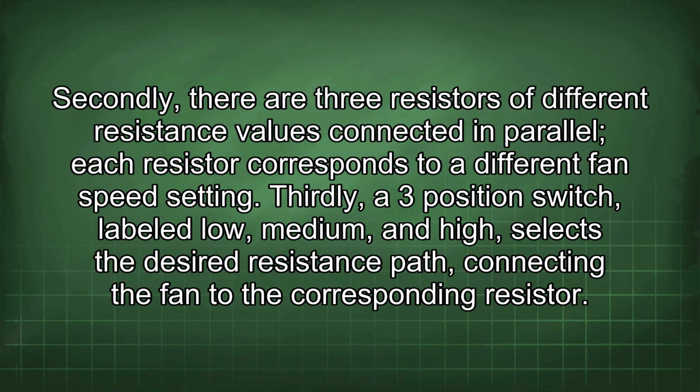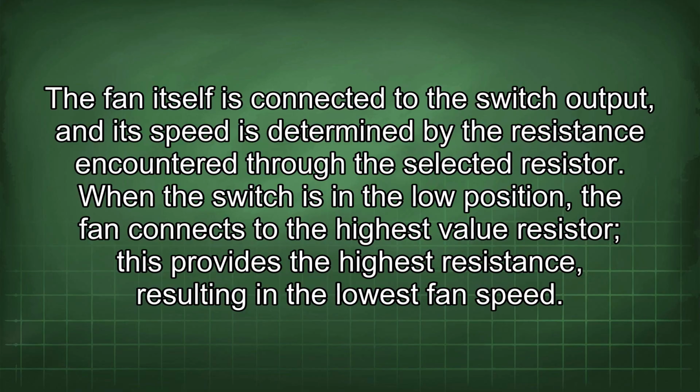Secondly, there are 3 resistors of different resistance values connected in parallel. Each resistor corresponds to a different fan speed setting. Thirdly, a 3-position switch, labeled low, medium, and high, selects the desired resistance path, connecting the fan to the corresponding resistor. The fan itself is connected to the switch output, and its speed is determined by the resistance encountered through